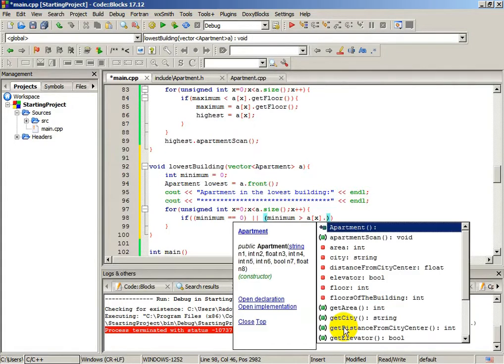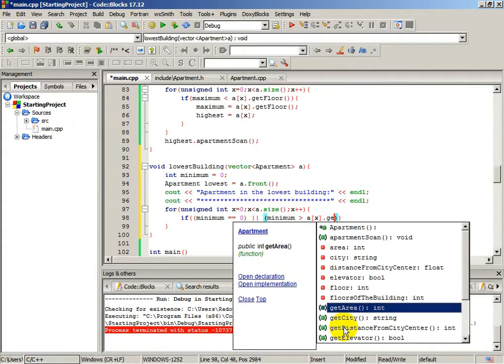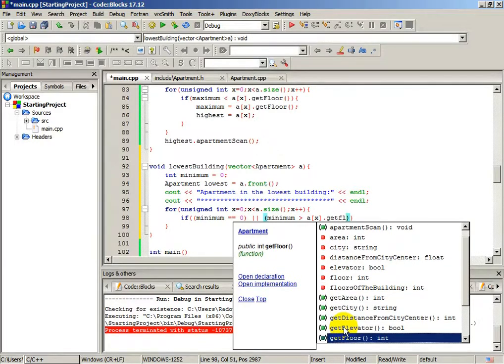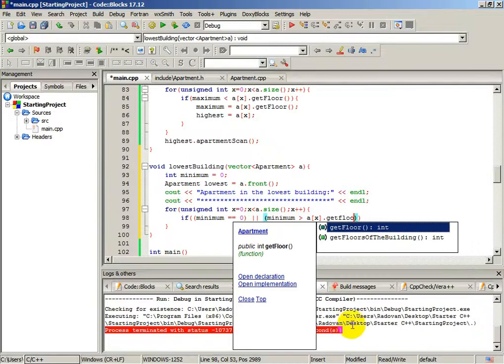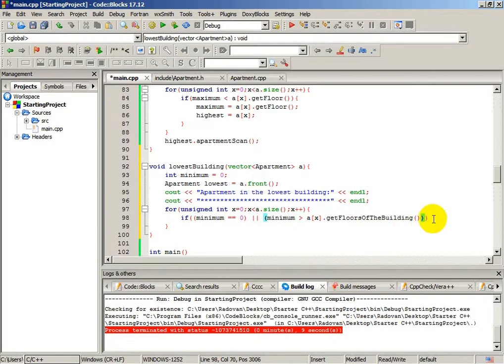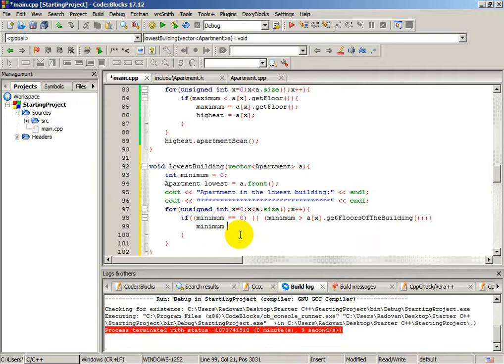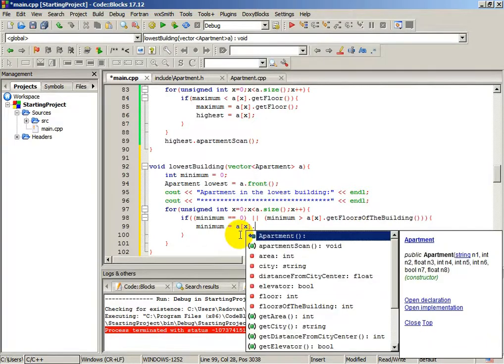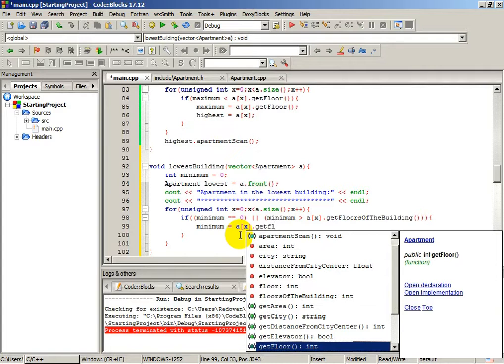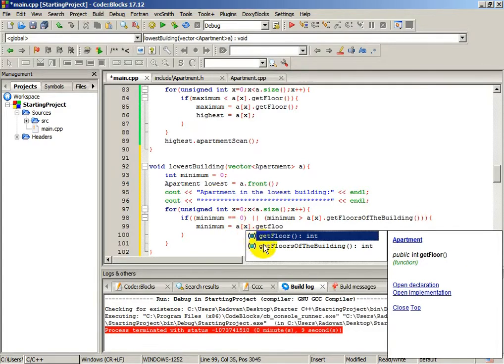Now we need a get floors of the building. Here it is. Now let's redefine the minimum. Minimum will be equals to a of element x dot get floors of the building,